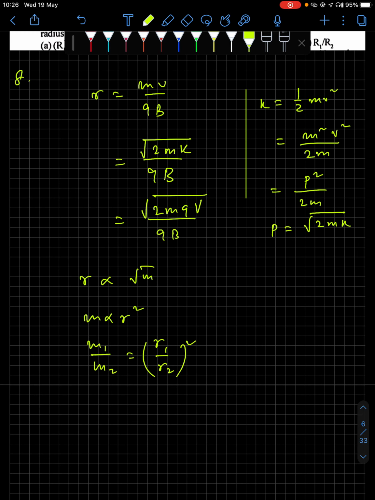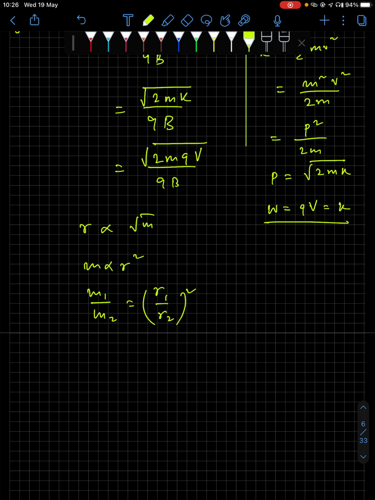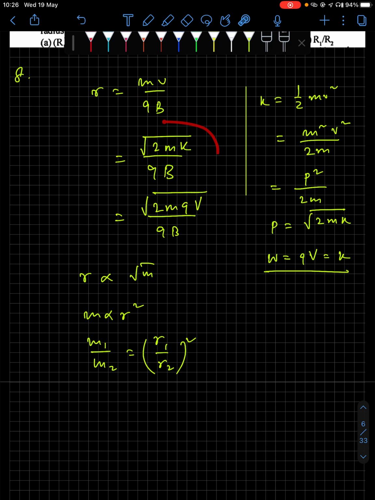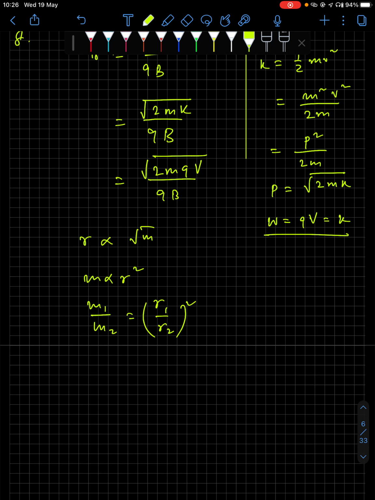Now again, work done on a charge Q by a potential difference V is QV. For this work done, the charge gains some kinetic energy, therefore this work done is reflected as kinetic energy K. Therefore you can write K equal to QV. That is the manner in which we have done this: momentum mv we have expressed as square root of twice mK, and then in place of K we have written qV. So square root of 2mK became square root of 2mqV. I hope this particular question is clear.